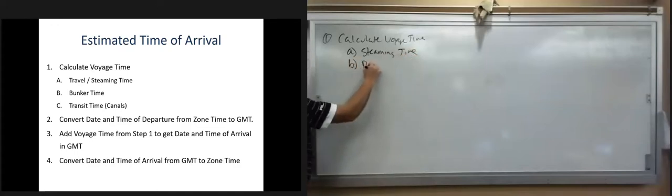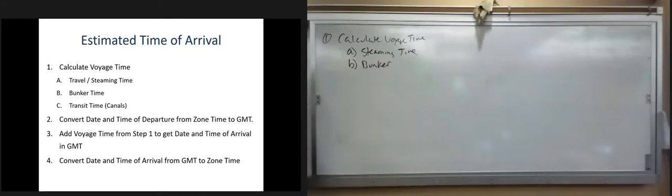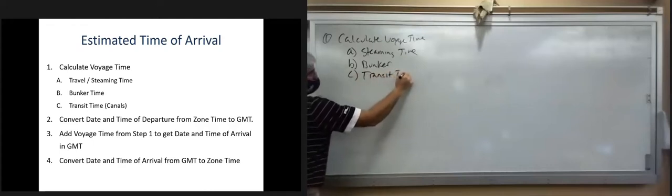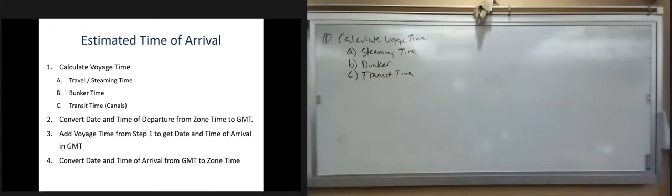And the bunkering time, because, you know, we stopped in Rockland to take on fuel for 2 hours, right? And maybe some kind of transit time. And we're going to add all those up, okay? We're going to do this first, and we're going to leave it aside, and we're going to come back and pick it up. And then what we're going to do is set up a table,